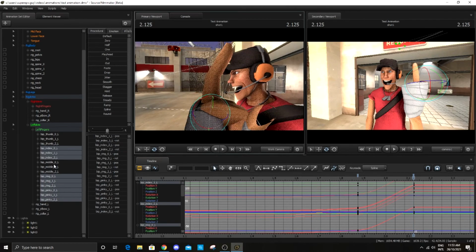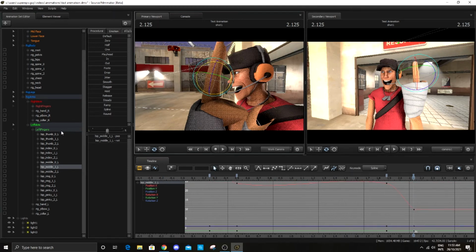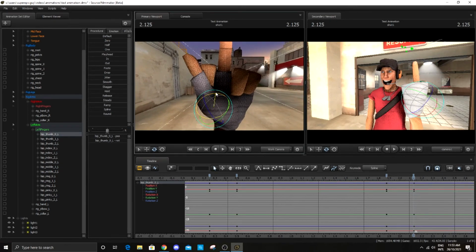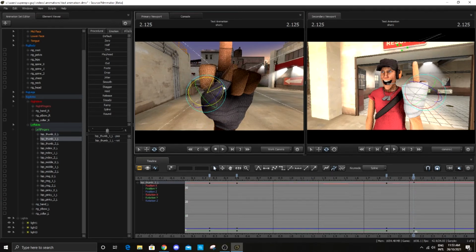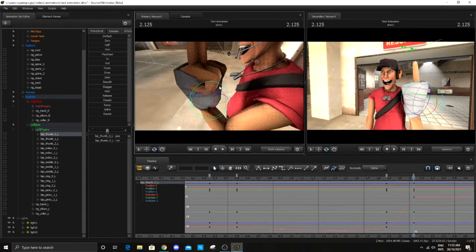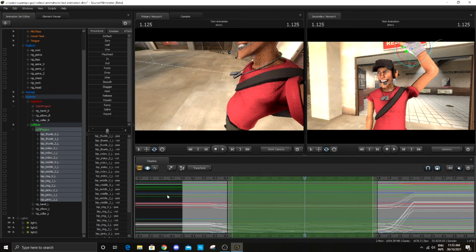Now we just might want to move this here. And now I might want to work on the thumb here, then just rotate the thumb and maybe we might want to turn it like this. And now let's just try to